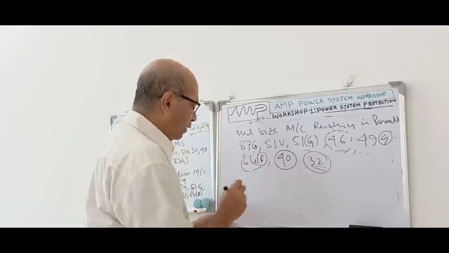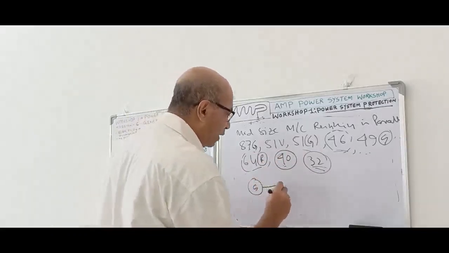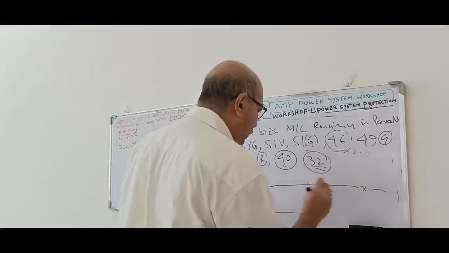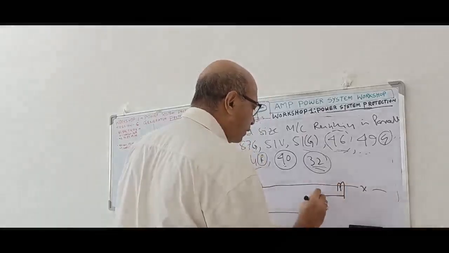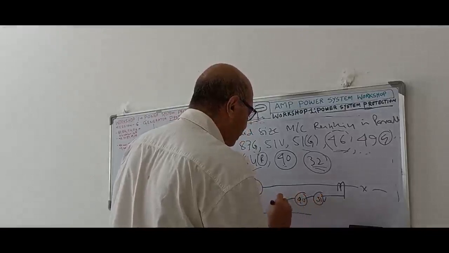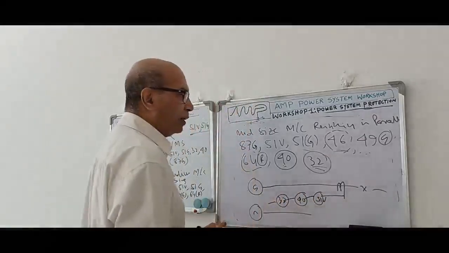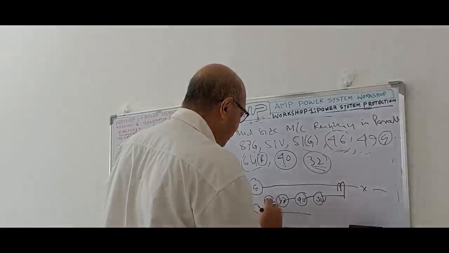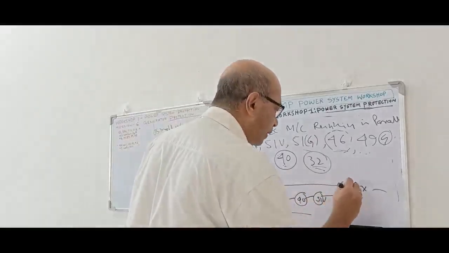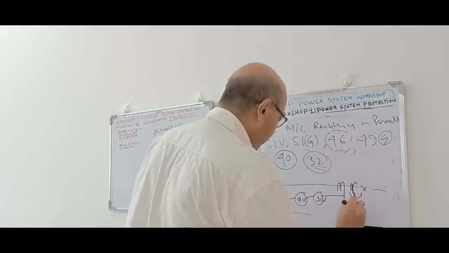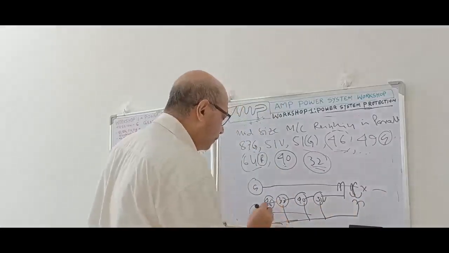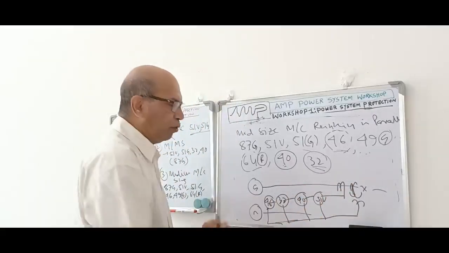In that case, all of them need a PT supply. If you see the generator connection, this is a generator running in parallel. Now here we have a CT. This CT contains 51V, then it takes 40, it takes 32, and 46 also. If these are connected, all these relays need a PT supply. So we have to put a PT over here. All PT supply will be going here. If this PT supply fails, then all these relays will not operate.